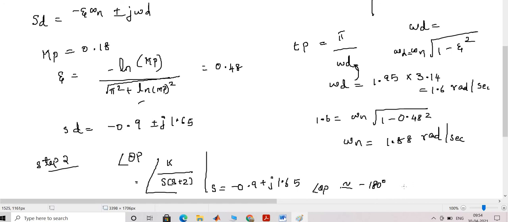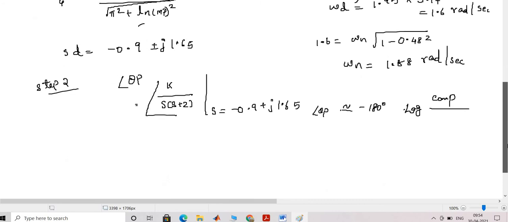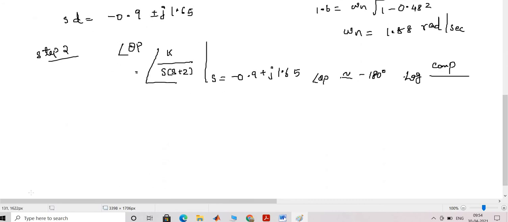Since the dominant poles are lying on the root locus, we have to design a lag compensator. If the dominant poles are lying on the root locus, that means the transient domain specifications are satisfied. Then if you have to choose a suitable compensator, what do we have to do? First we have to find the dominant poles, and if the question specifies to choose a suitable compensator,